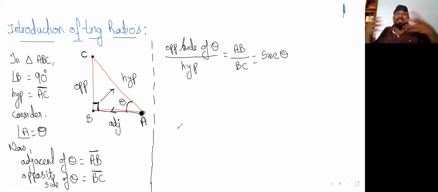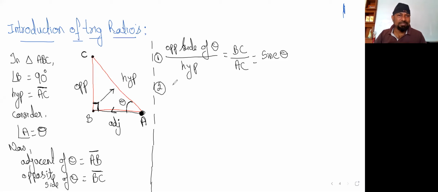So there are the names of the relations here. Are you able to understand, Nana? Sir, right. So here, opposite side of theta, sorry, Nana, I think here I messed it up. Let me change that one. Thank you. Right. So opposite side of theta is nothing but BC, and hypotenuse, we call it as AC. The relation between opposite side of theta and hypotenuse, we call it as sine theta. That is the first relation.